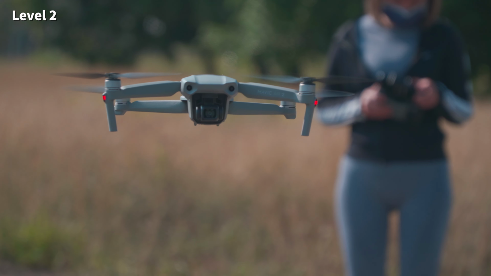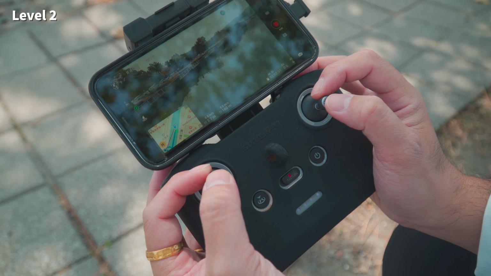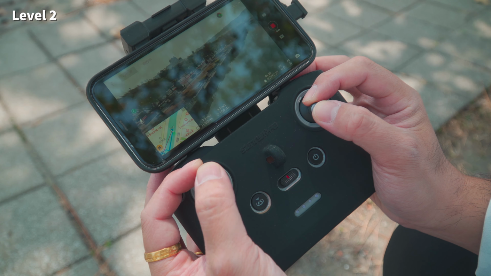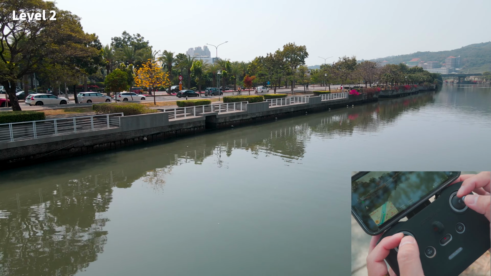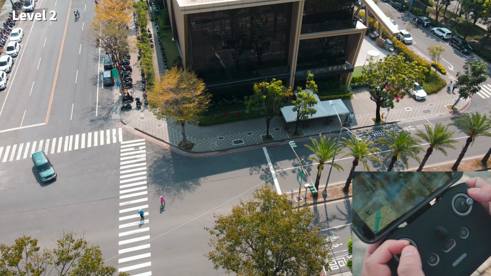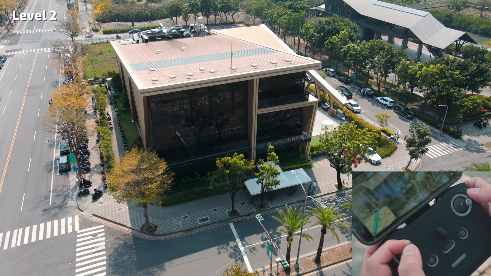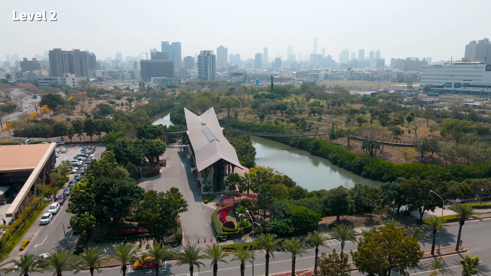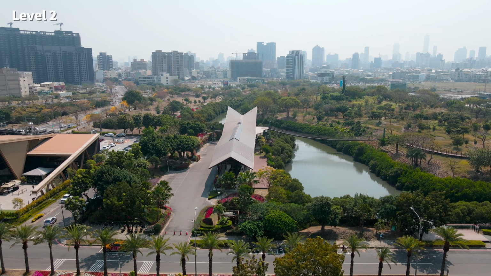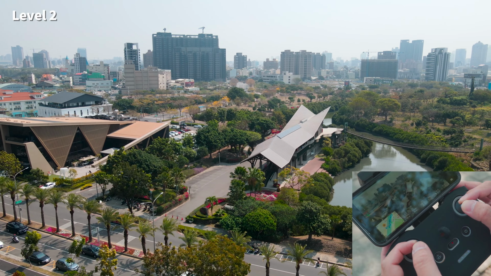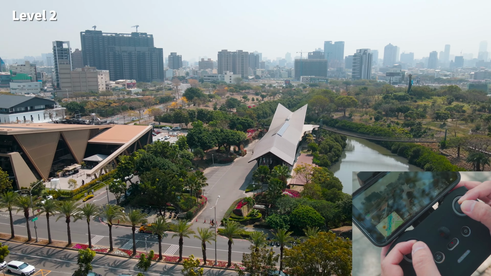Level 2, aka medium level. Combining any 2 directions together at the same time makes you really start to think about controlling the camera. For example, throttle up plus roll left, or tilt the camera up and yaw the drone right. One of the most frequently used shots in this category is the arc shot, which orbits a certain subject. To do an arc shot, just roll the drone to the left and yaw right, or the other way around.